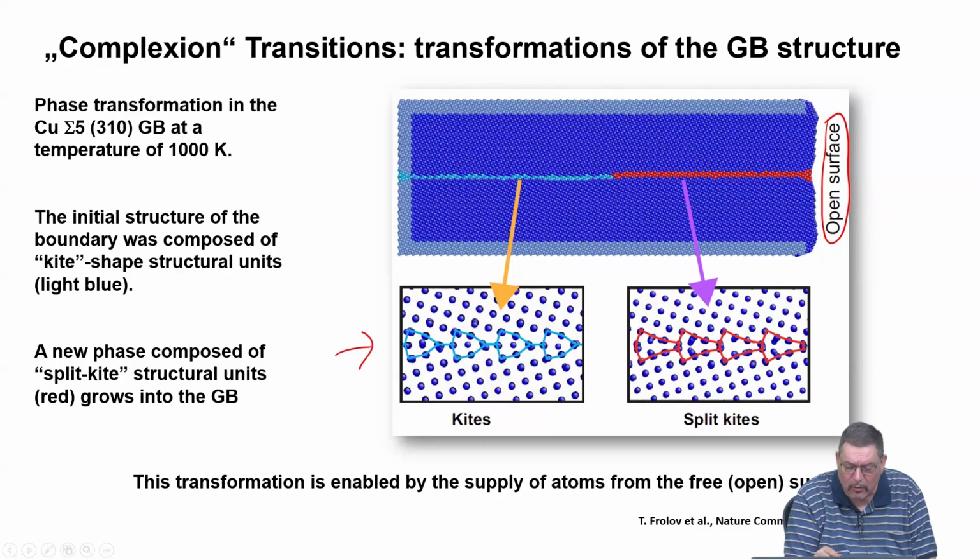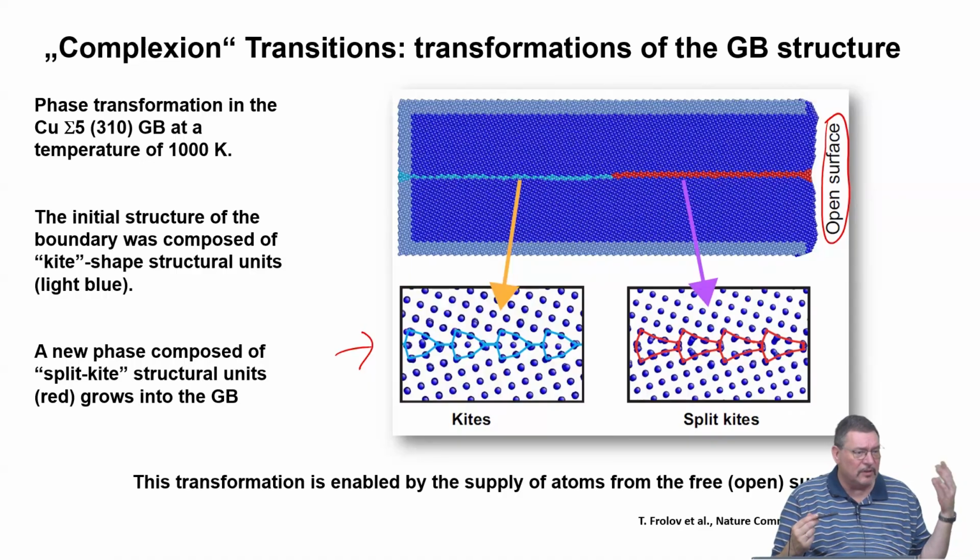then you see that the local structure at the boundary plane of given misorientation of a given material at a given temperature can be different. So you have what has been called the kite structure, the bluish one, of the grain boundary zone. But also there are atoms which are situated in this split kite configuration. And you see there's a small difference, but there is a difference. And the local distribution of excess volume along the boundary plane varies. And I think conceptually you can directly grasp this will affect diffusion, right?